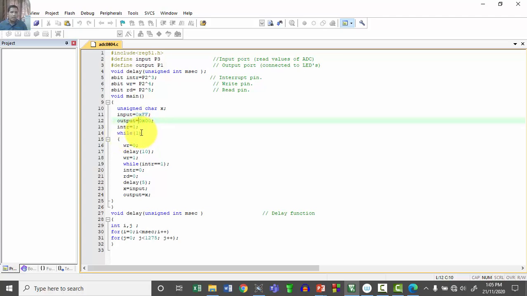Then while 1, I am going to repeat the process. First I am going to send WR is equal to 1, then a delay, so one low to high pulse. By default all the port pins work as an input.